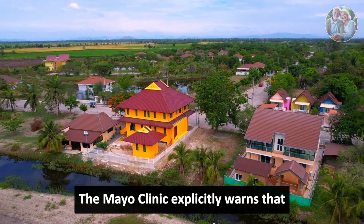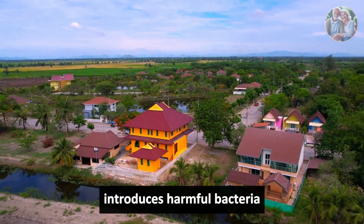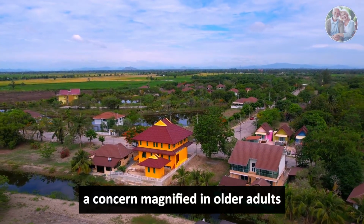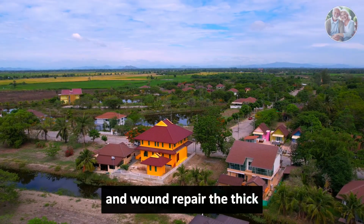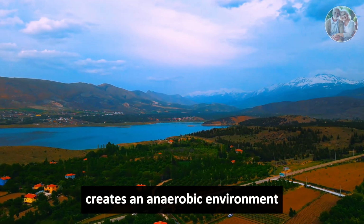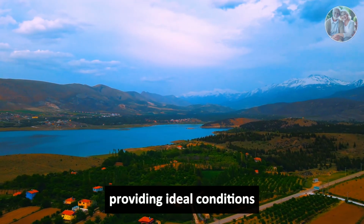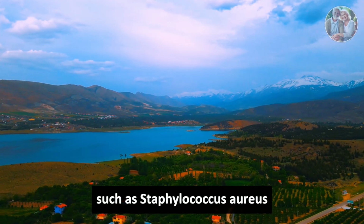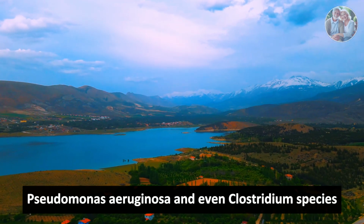The Mayo Clinic explicitly warns that applying castor oil to compromised skin barriers introduces harmful bacteria and significantly delays healing, a concern magnified in older adults due to age-related declines in immune function and wound repair. The thick, occlusive consistency of castor oil creates an anaerobic environment, low in oxygen, over open wounds, providing ideal conditions for the proliferation of pathogenic bacteria, such as Staphylococcus aureus, Pseudomonas aeruginosa, and even Clostridium species, which can lead to